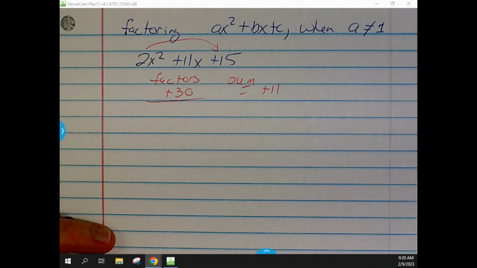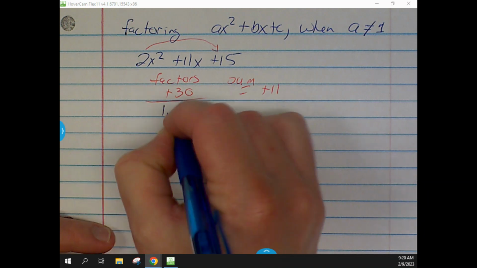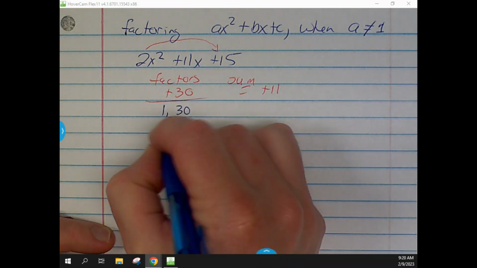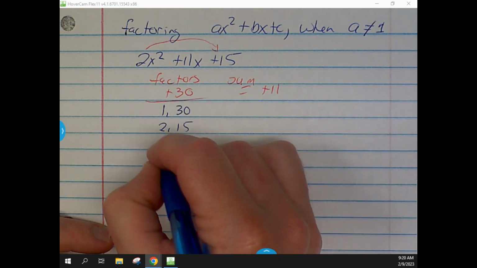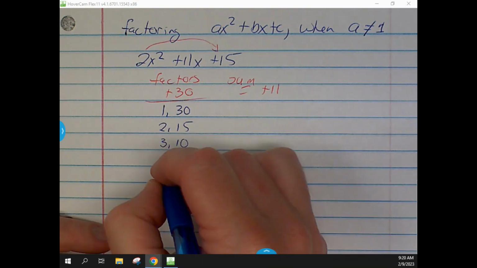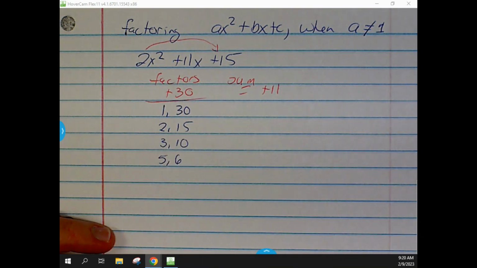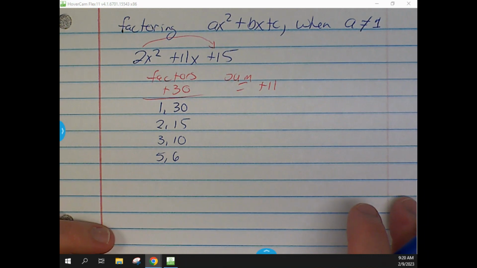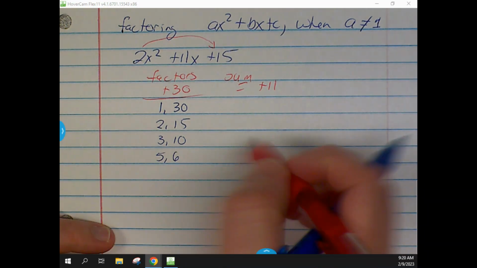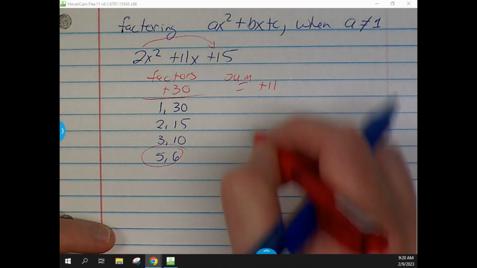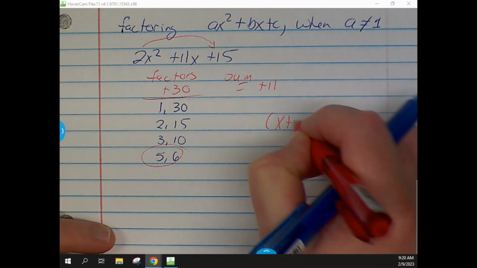Again, they're all positive, which makes the work a little bit easier. So if we start checking it, we've got 1 and 30, 2 and 15, 3 and 10. Finally, we get 5 and 6, so that adds up to 11. That's 5 and 6, so that's x plus 5